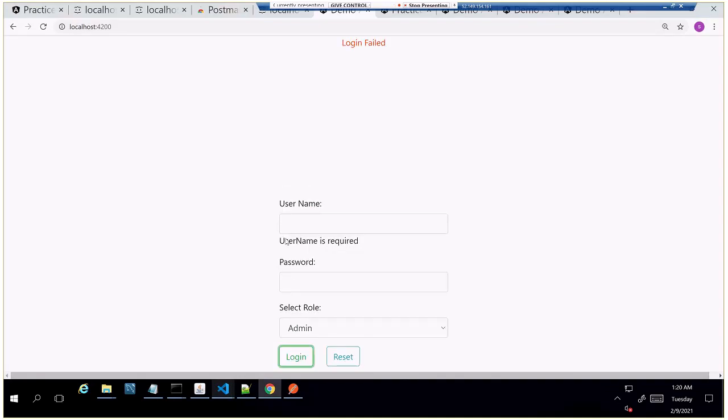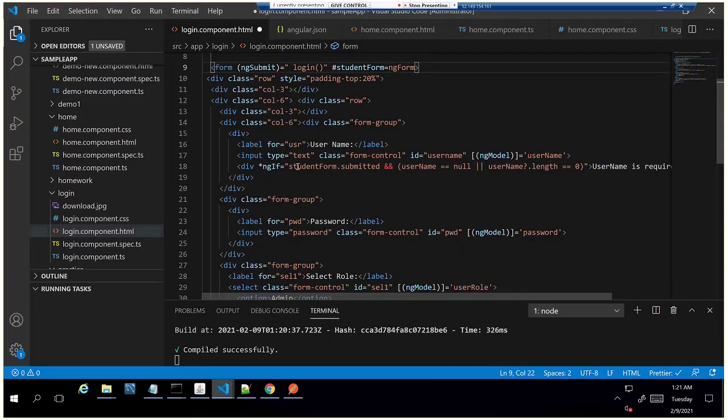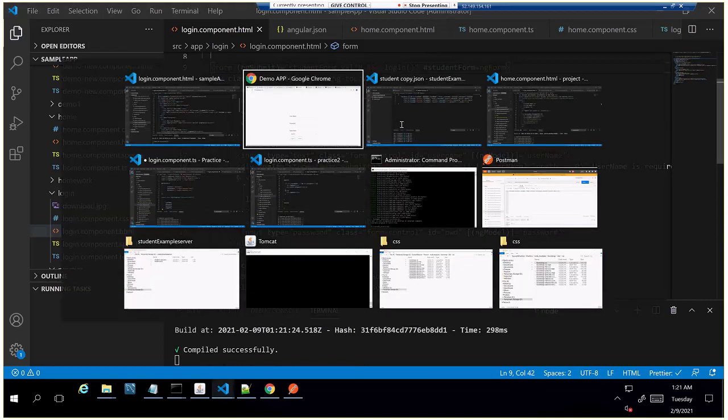So now if I click here, actually it is submitting, but it is also printing here. Which means it is going to this one, and then it's also going to the REST call. But we should not make the login method. So what we'll do is on ng submit we'll add the same condition. We'll check whether the form is valid. Maybe change and add it in the HTML login method.